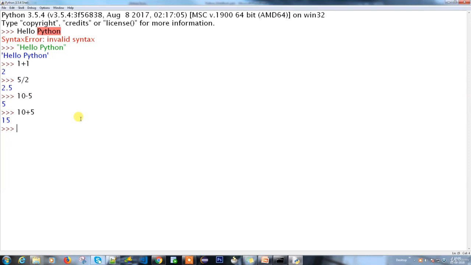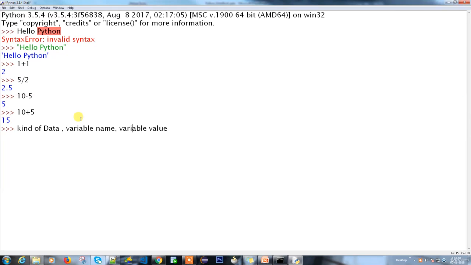The first thing: what kind of data, whether it is an integer, a decimal, or a string. And then the variable name, and then the variable value. These are the common parameters across all programming languages.